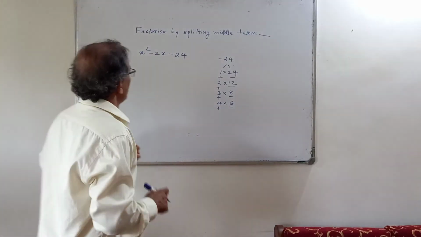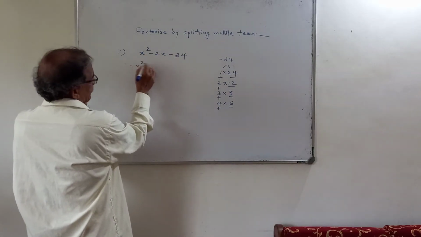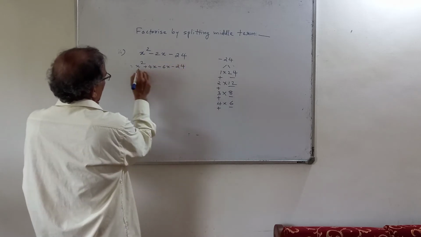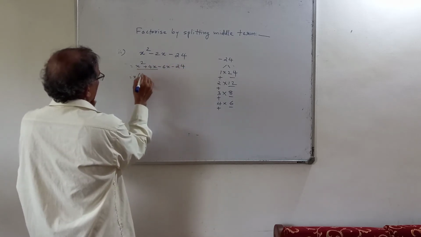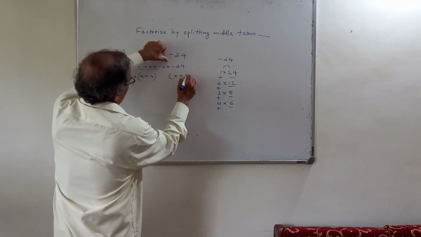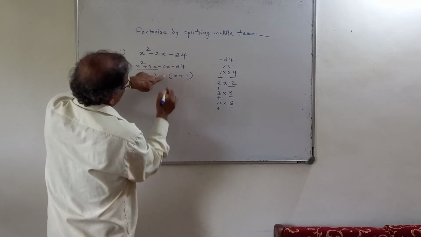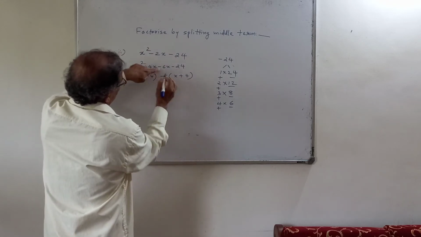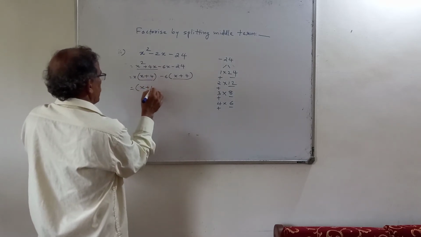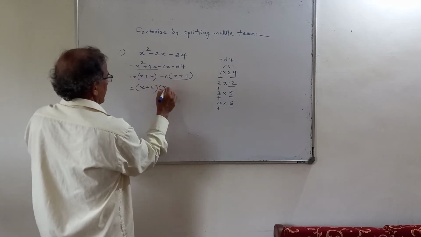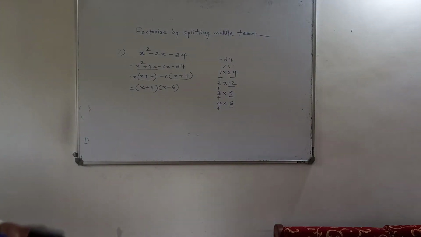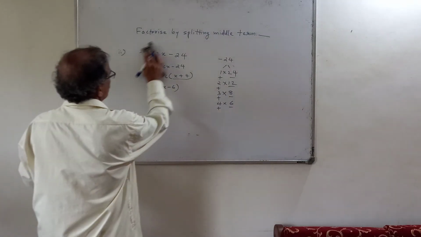Okay. So now x square plus 4x minus 6x minus 24. What is common here? X. So what is remaining now? X plus 4. Put here straightaway x plus 4. And this is 6x, so x multiplied by 6 will give you 6x, and this is minus. That is now, this is one bracket, x plus 4, and this non-common goes into the second bracket. So, like this. I shall give you still more examples now.